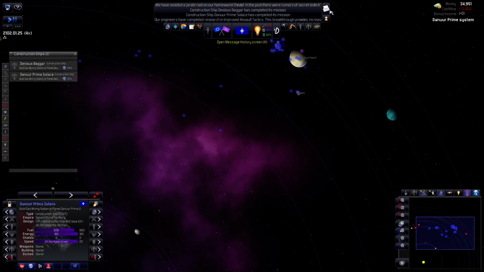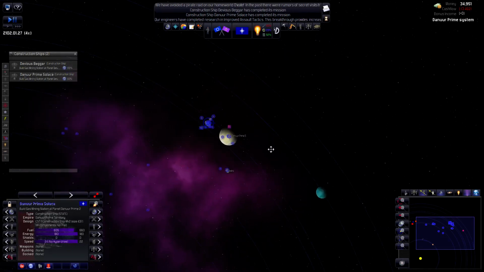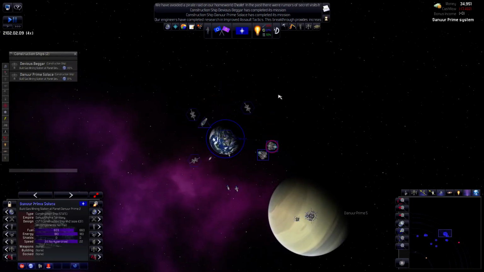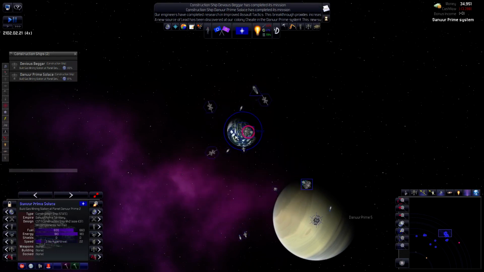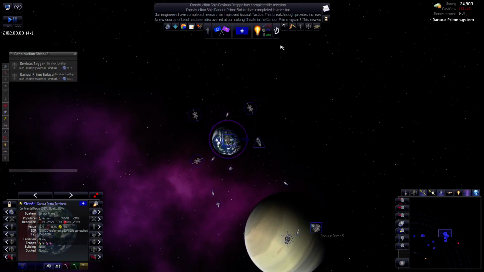Now we have completed some research here. We finished our improved assault tactics, we finished our energy collection, and we have finished our research and transport systems. Now here is something that you could do in the game. Whether it's a good or a bad thing is, I guess, a question of opinion. We discovered lead. Okay, cool. That is nice to have on our home planet, so it gives us another resource. Back to what I was saying on this, though,